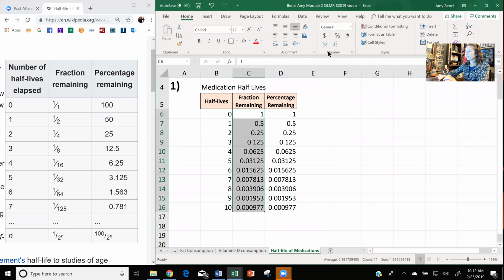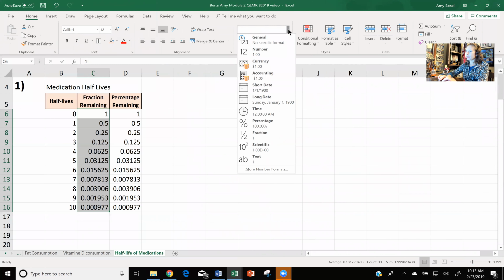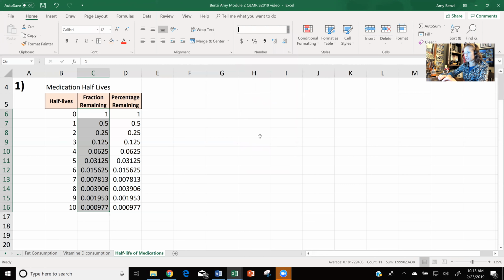Let me make this bigger. Where it says number up here, I have general. I'm going to right click or click the little drop down menu on the right and go to fraction. You see fraction down here? Do you see where it says a 1? You might not be able to see that, but once you click on fraction, you see it did a lovely job for my first 4 fractions, but then I have 0 for